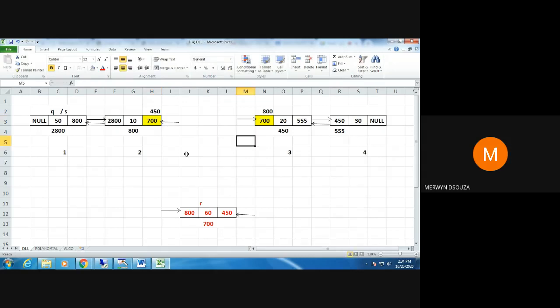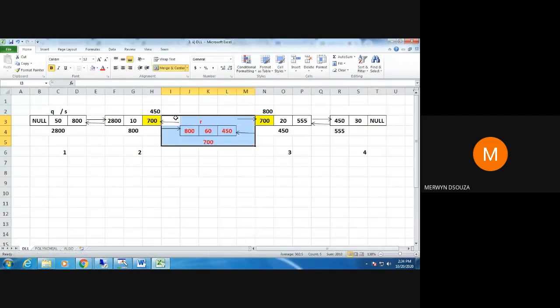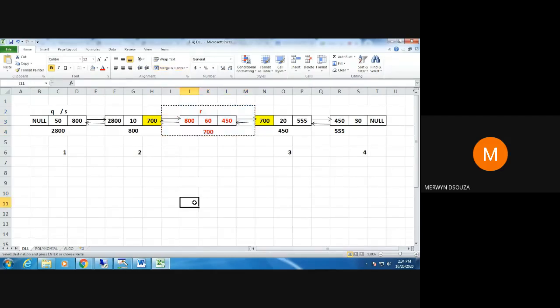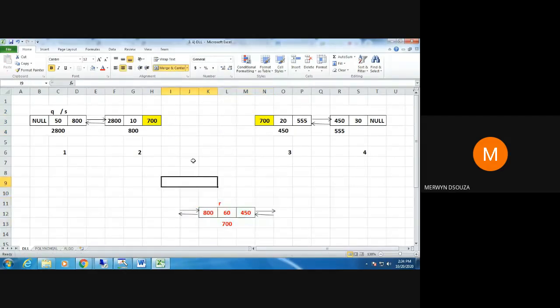If I want to form a link, right now, what is there? 700 and 700 will be there, because this node is present there. Here we have the address of the next node, that is 700. Here we have the address of the previous node, and that previous node is also 700. If you are going to delete this one,